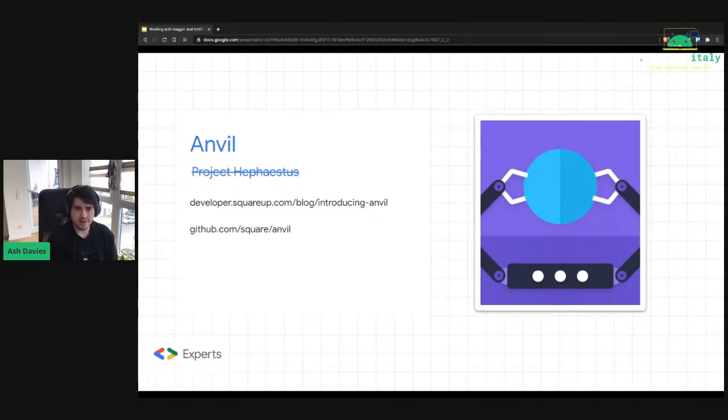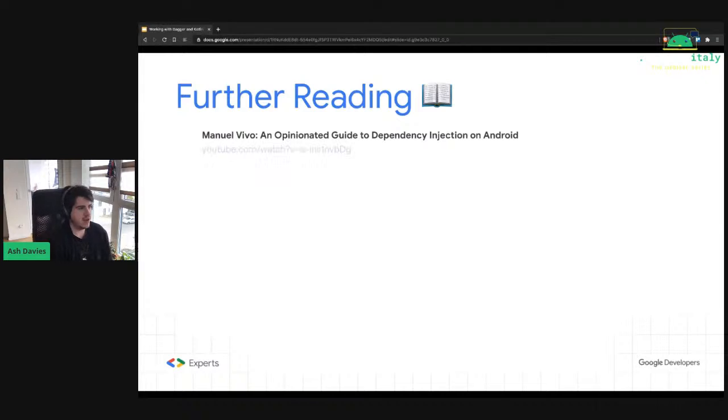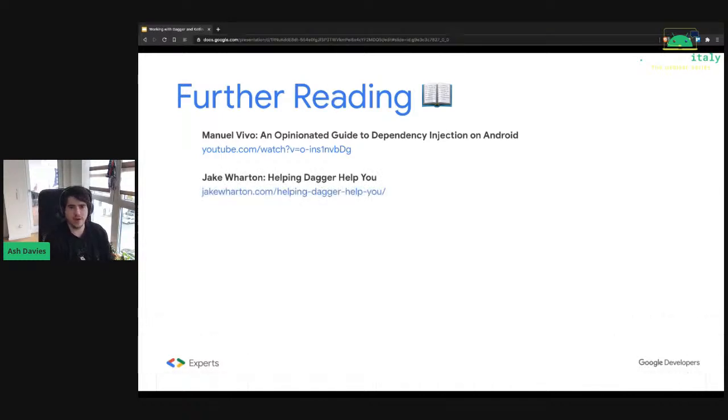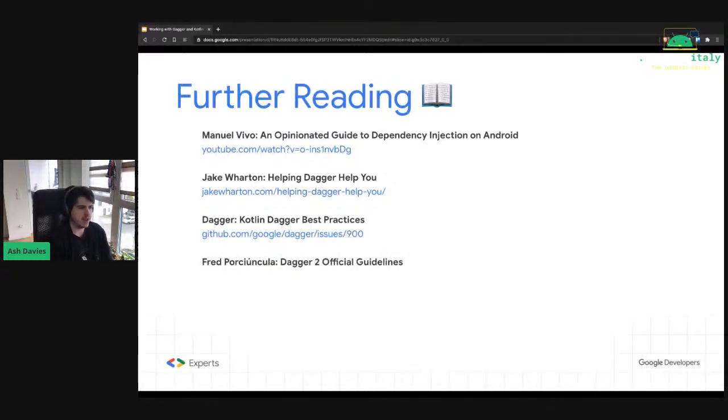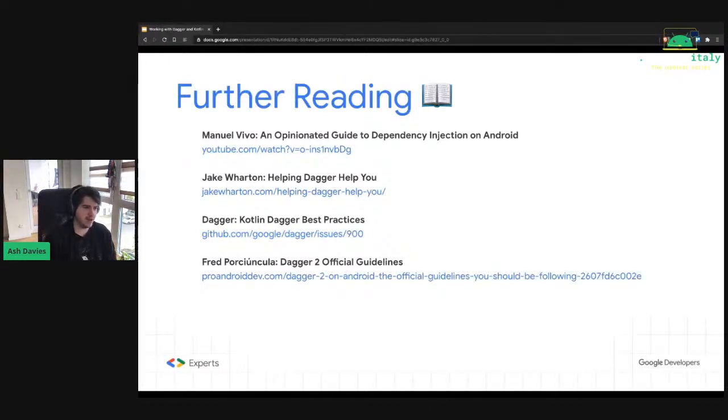Cool. So nearing the end, some further reading I can recommend. The video from Manuel and David at Android Summit last year. Jake Wharton, Helping Dagger Help You, where he goes into some details about how to use the assisted annotation, especially when using this for layout inflation. Dagger Kotlin Best Practices. This is the thread I mentioned earlier on GitHub. Dagger 2 Official Guidelines from Threads. I recommend this approach. It's